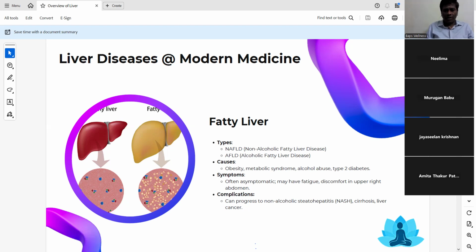So with chronic alcohol consumption, in some cases genetic predisposition also will be there, malnutrition, obesity. The person who is obese and taking alcohol has a higher probability of getting fatty liver. And if conditions like hepatitis C especially are there, then fatty liver occurrences will be more likely. So these are all the common causes that trigger fatty liver.